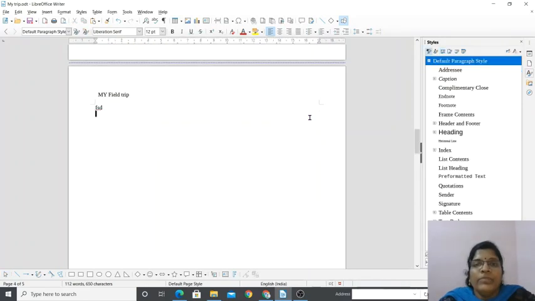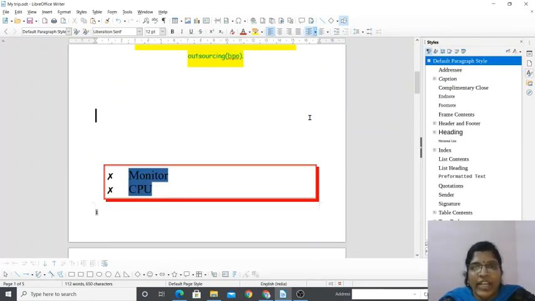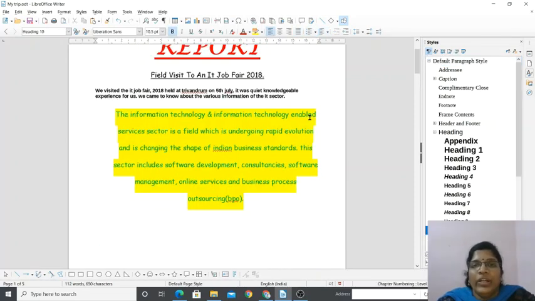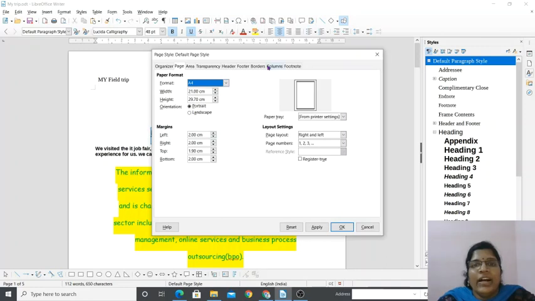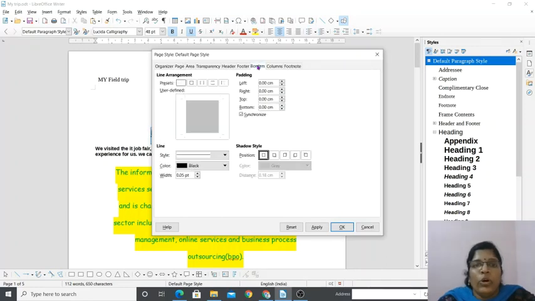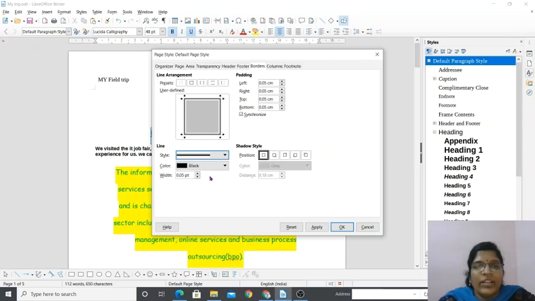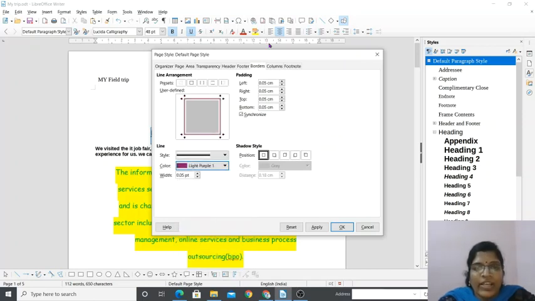Similarly, sometimes in your document, you may want to highlight a particular part of the text to make it more attractive. So that also you can do it. Okay. So how to do it? First, so select it and then go to default page style. Okay. And here you can go to borders option. You can select the type of border you need. Okay. So select the type of border, the thickness as we studied earlier. Okay. You can choose a thickness. You can give a color for your border. Okay. Choose any color as you like.